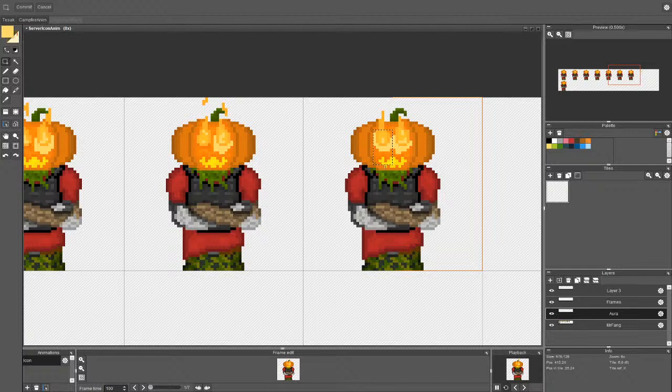But now I have to do this thing as well. Let's make it a separate layer. Let's name it Aura 2, Flames 2. Ooh, you gotta go. Well,